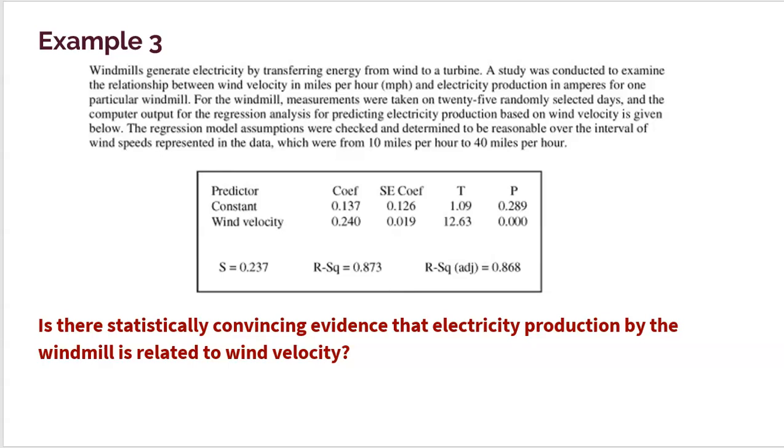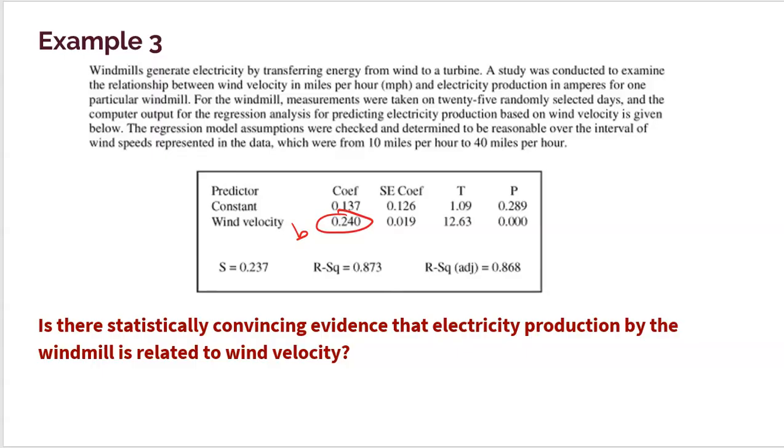So essentially what we're looking at here, guys, is two variables: wind speed in a windmill and electricity produced from that windmill. I don't really know a whole lot about windmills. I'm a math teacher, but I'm pretty sure that if the wind's blowing faster, the windmill's going to spin faster and more energy will be created. So it does seem that there's going to be a positive relationship. In fact, if we looked at our sample of 25 measurements, we see a positive slope of 0.24. So that tells me for every 1 mile per hour that the wind increased, we get 0.24 more amps of